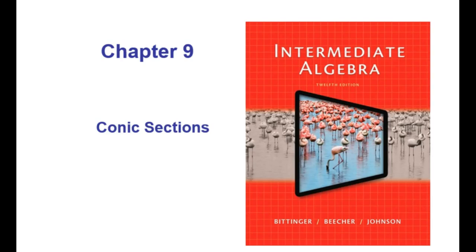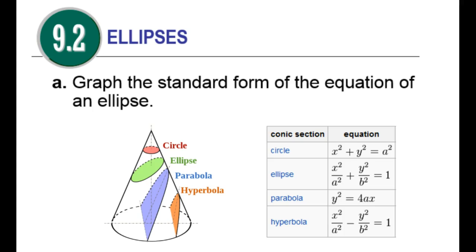Welcome to Mat-073. Today we're in Chapter 9, studying the conics section. We're in our second section. The first video was over parabolas and circles, and today we're going to be looking at ellipses, which is this diagonal cross section all the way through, but not through the bottom, because if I went through the bottom, I would have a parabola. So again, I'd like for you to kind of recognize we've already studied circles